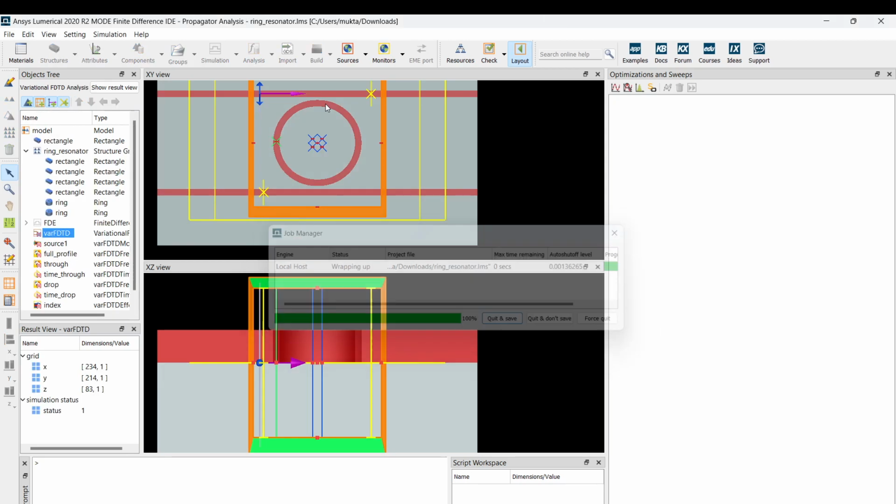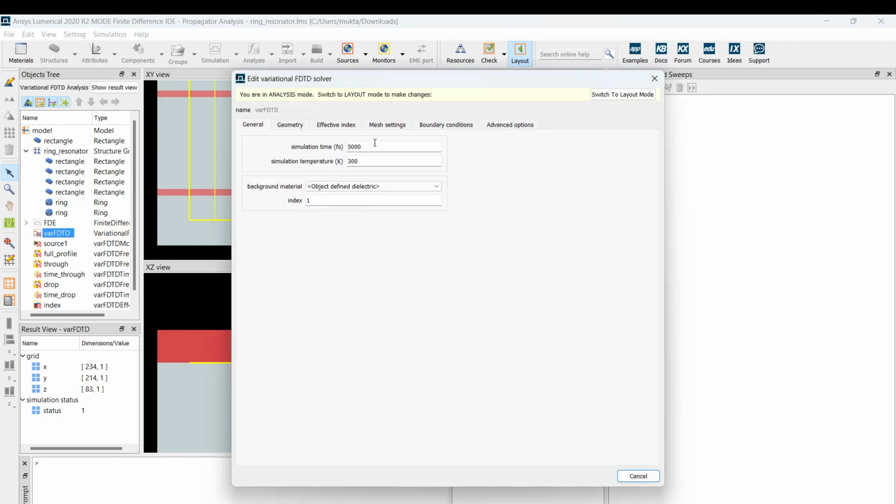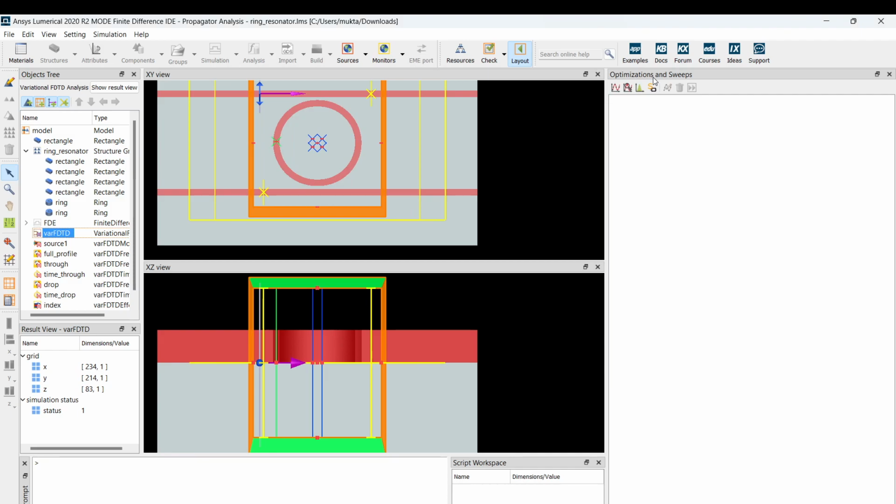and that will make the simulation very time consuming. Also, you will have to increase the simulation time, which is currently 5000. As the ring radii goes on increasing, since the ring is also a time dependent device, the light has to travel one entire circle, only then it will see another pulse coming out of here.